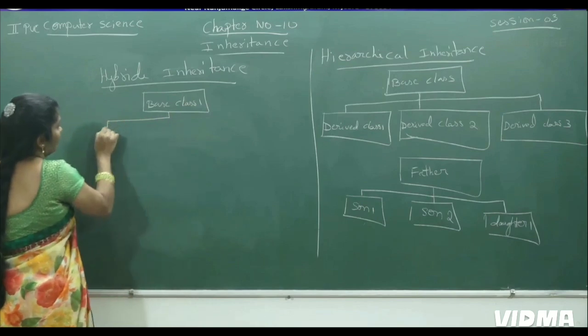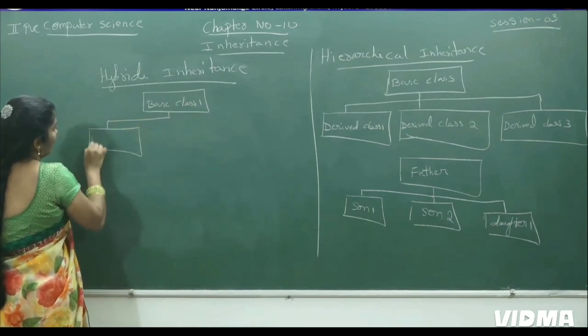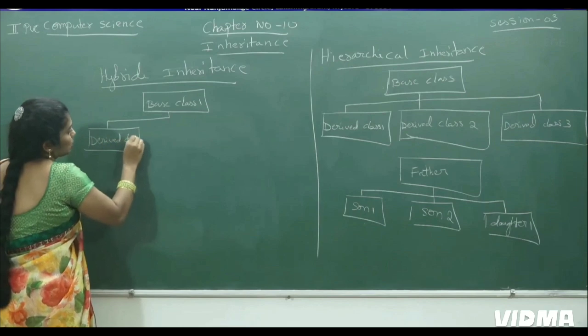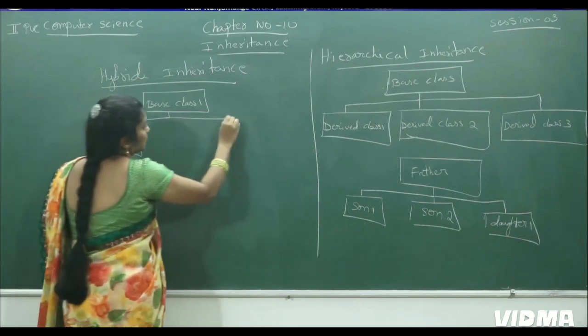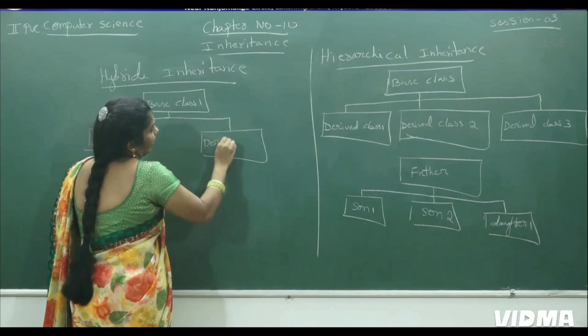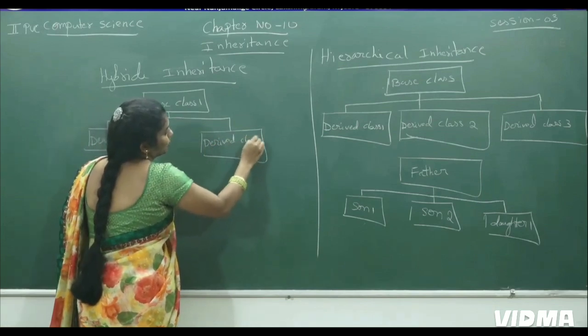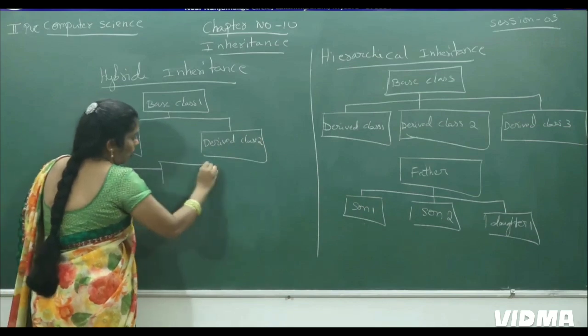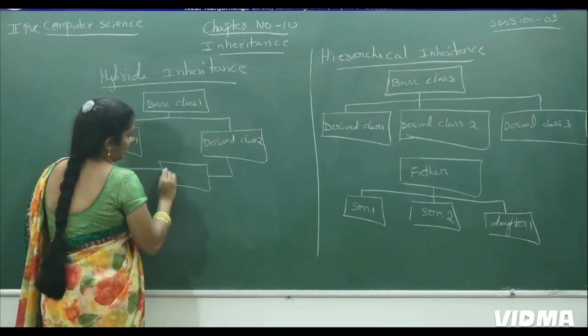From that we will get one derived class, derived class 1. From this one more derived class, derived class 2. From these two we are getting one more derived class,